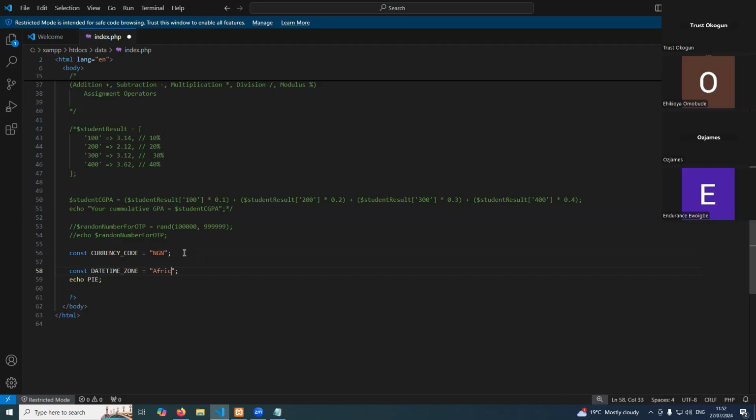Africa/Lagos. So when you are creating time in your application, PHP will use the time zone of Africa/Lagos. Because if you don't give it the time zone, PHP will use the time zone of your server, and your server may be hosted in the US. You get. So when you are very sure that these things will not change, it's always good to use a